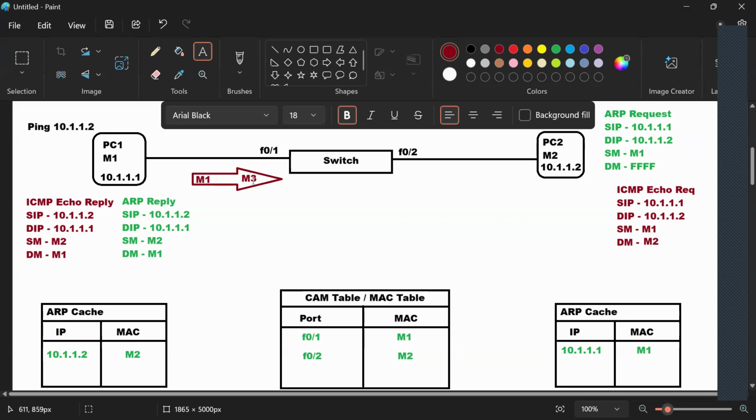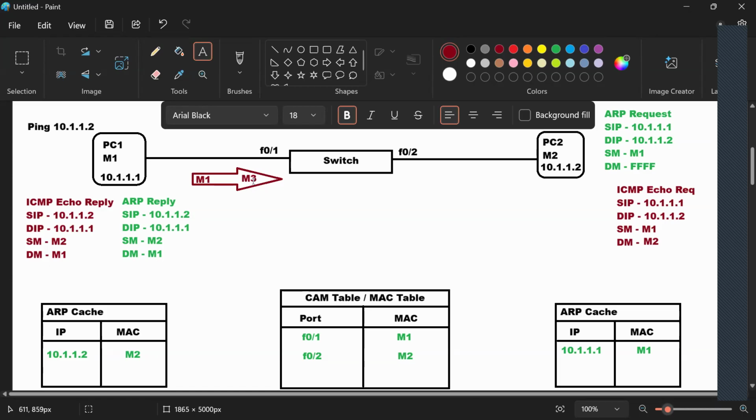So the switch will try to find out where this guy is. How will the switch find out? By flooding. It will flood the frames to all its ports. Yes, the switch will flood the particular frame out all the ports. Now, through any port the switch receives a reply, that port the switch will map with the MAC address. But since the switch does not know where the destination MAC address is located, that means the information is not there in the CAM table. In that case, for the first time, the switch will flood the message through all the ports.